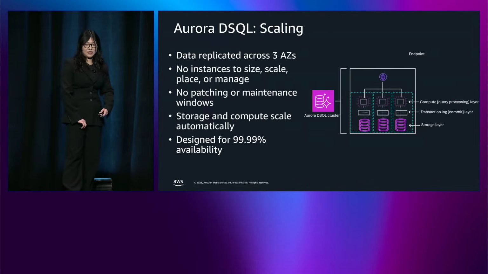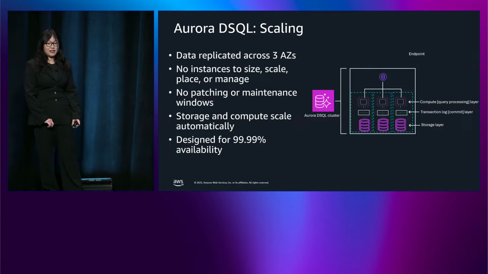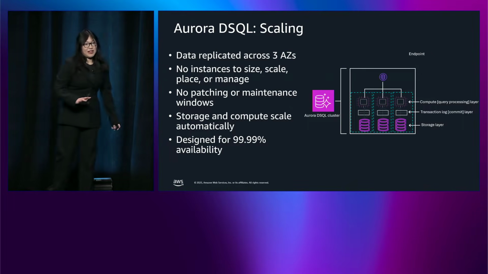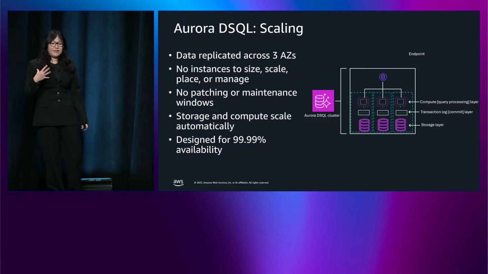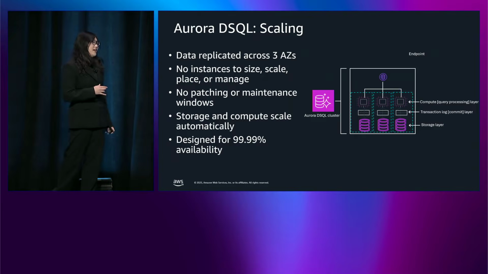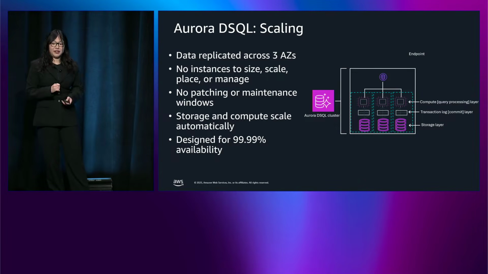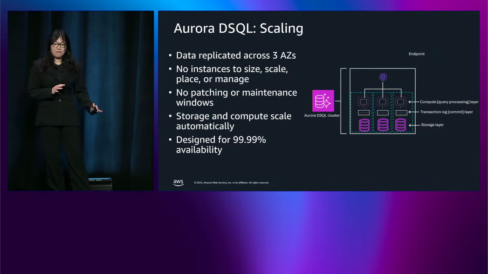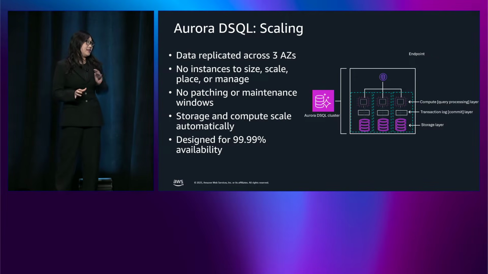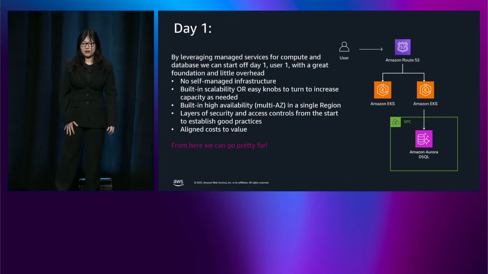So what does that mean? Let's dive into a little bit on how Aurora DSQL scales. You don't really see any of this underlying infrastructure with DSQL. All you really need to do is create a cluster endpoint in the console, connect to it, and then you can begin using your database. But what happens underneath the hood is that the internal architecture is disaggregated and distributed. All of these individual components, the compute layer, the transaction log, and the storage layer, have been separated completely, and it scales independently as well.